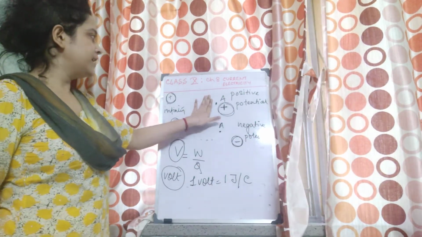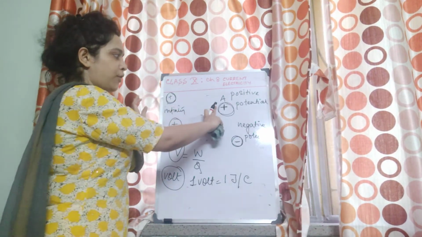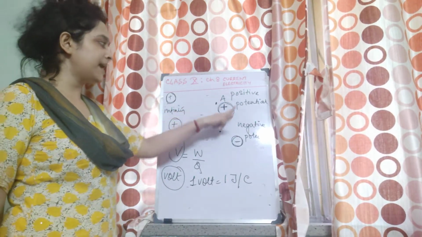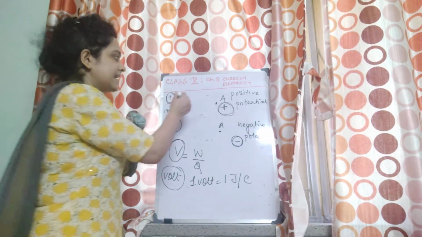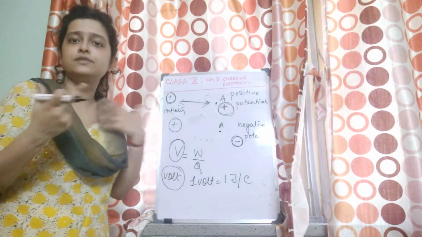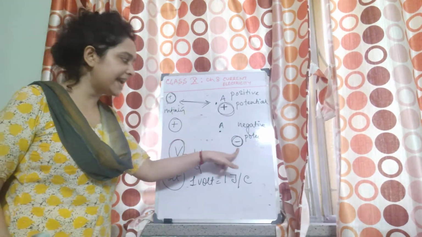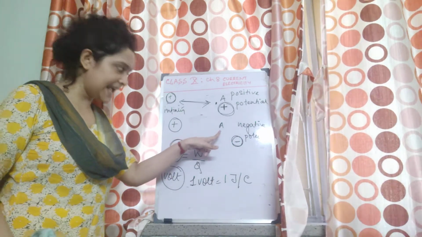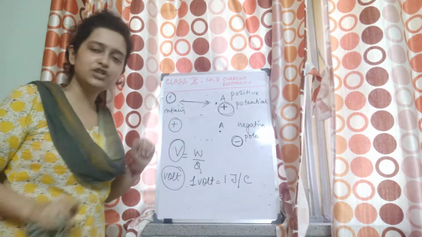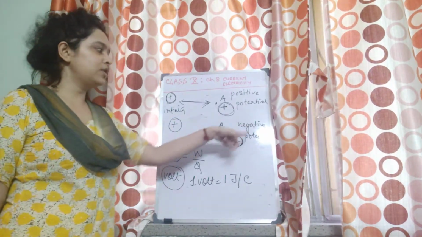Positive potential: when we are bringing a positive test charge, in both cases we are bringing the test charge to a point, but positive potential is at the point A where you have a nearby positive charge, because in between them there is a force of repulsion. So you are doing the work against the force of repulsion in bringing the test charge from infinity to the point A. But if you have a negative charge nearby the point A where you want to calculate the potential, then the work is done by the negative charge itself. Why? Because it will attract the positive charge towards it. So it has got the negative potential.